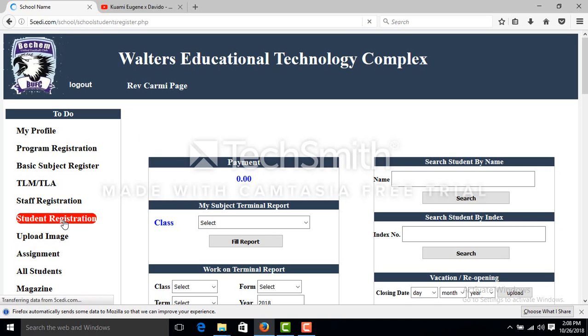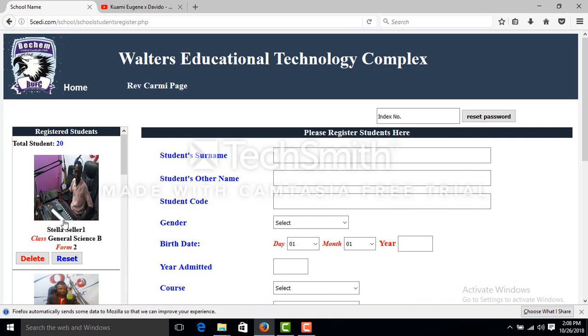He'll click on student registration, and then the student registration page will open like this. It will contain the total number of students, and every student's picture, the name, the class where the student is, and also the department where the student is. To register a student, the administrator or the class teacher will type the surname of the student. Let's say Apia will be the surname of the student, Apia, and then other name,